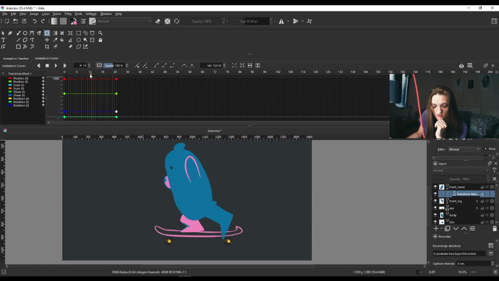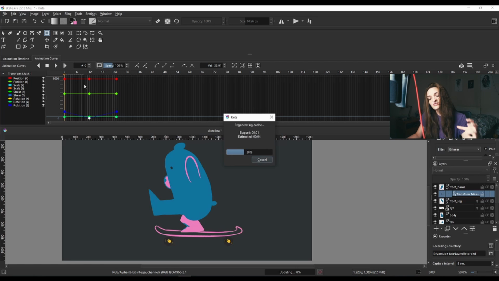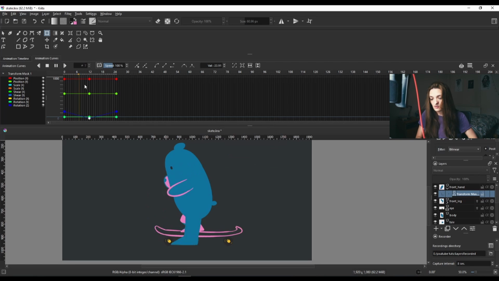So somewhere here in the middle, maybe frame 12, I'm gonna add a keyframe. It already adds a keyframe once I select my object I'm gonna animate, because it already has keyframes here. So I'm gonna just rotate this again. Maybe around here, right? And then I'm gonna go back, and then I will play this. And then again, it will take a little bit of time to process what's happening. And it's moving with the leg, which is very robust, but